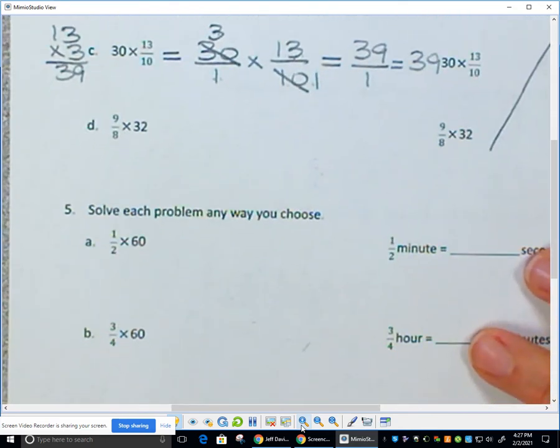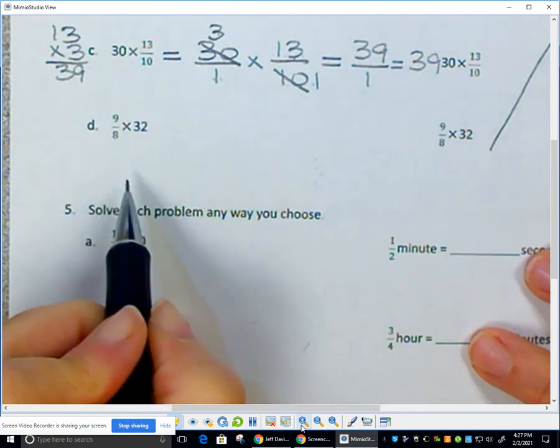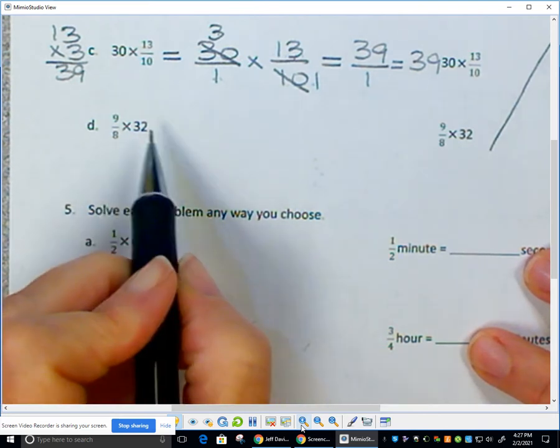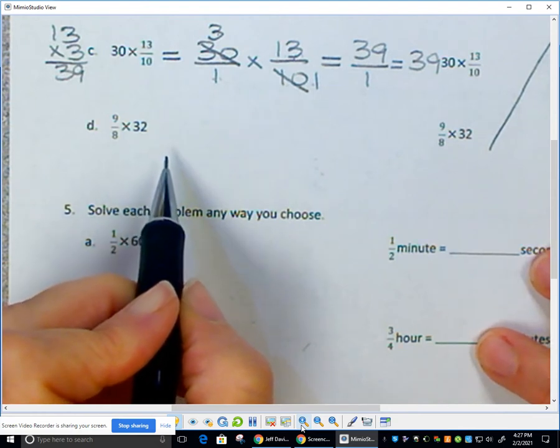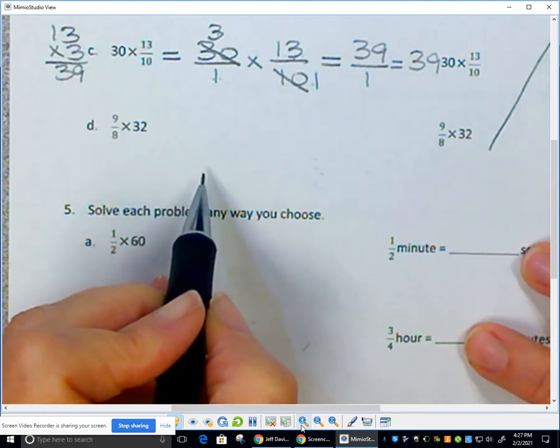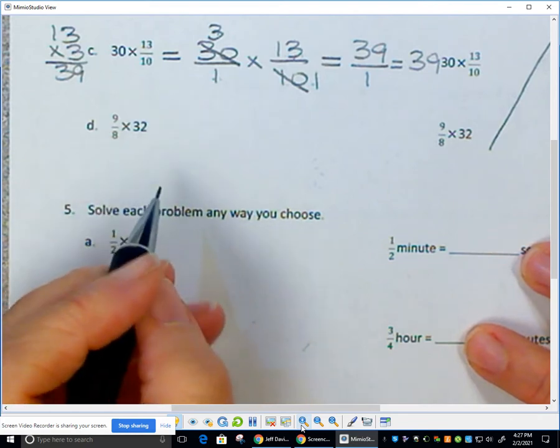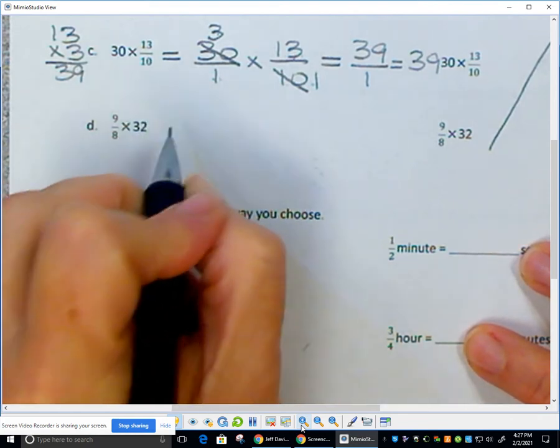All right. Try this one on your own. Pause the video, see if you can do this one on your own, and then play the video and check behind yourself. Okay, let's see how you did. All right, we've got